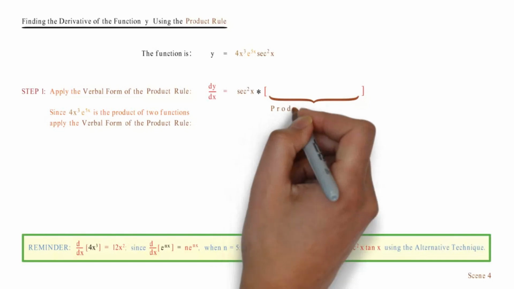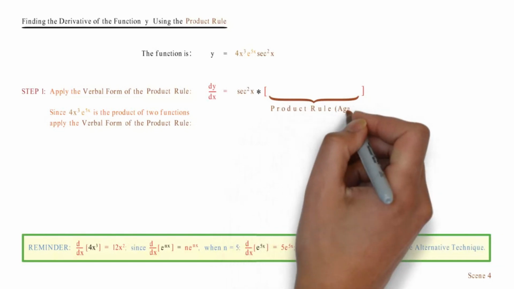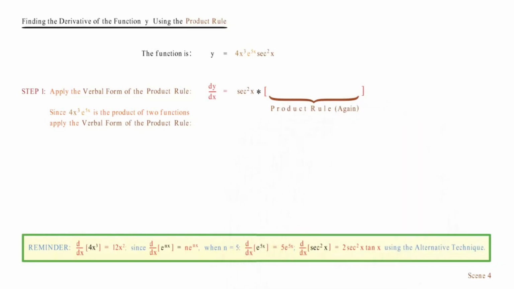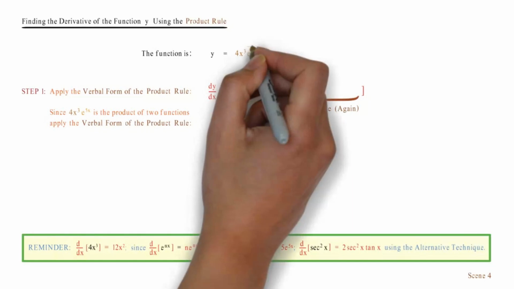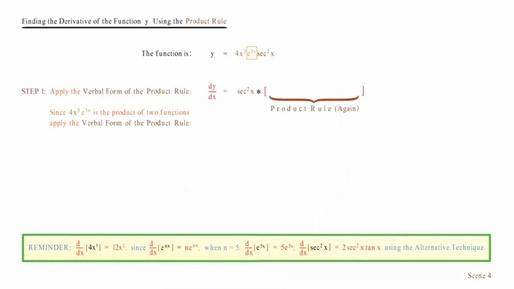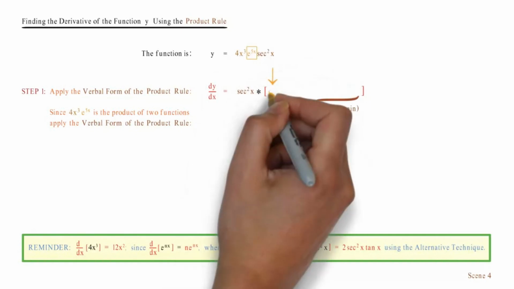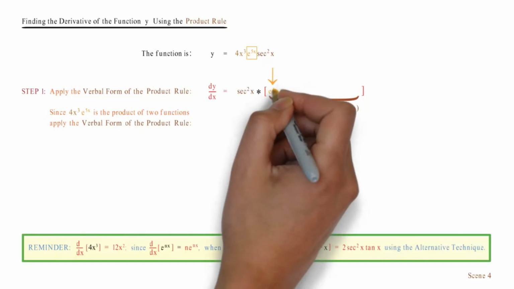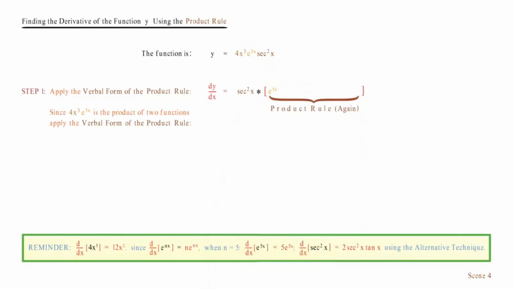The product rule again. The second function is e to the 5x, so substitute e to the 5x times is